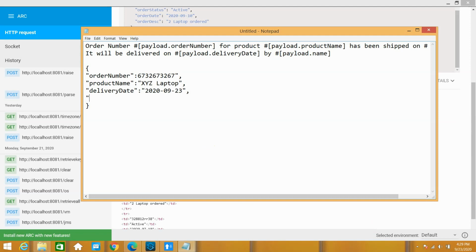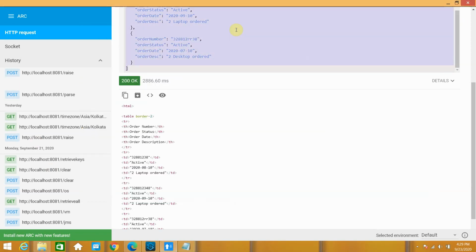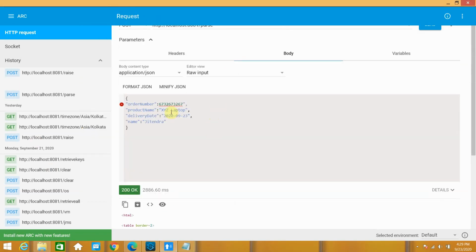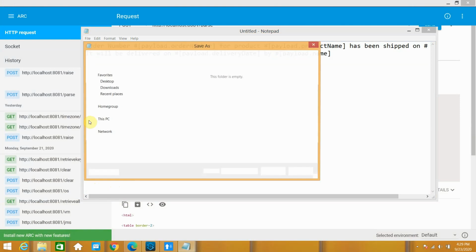And finally a name, it will be Jitendra. Okay, this is my JSON message. I don't know why this error. Okay, this is fine. Let me remove this message, save my template.